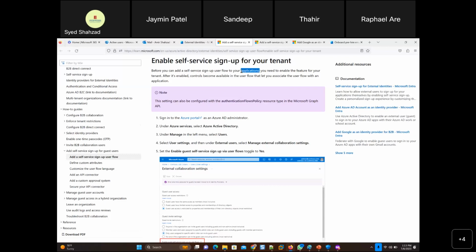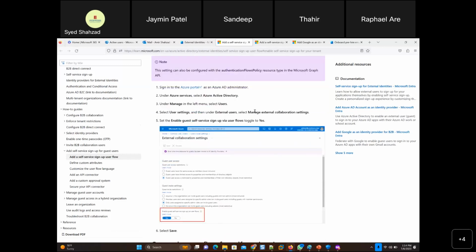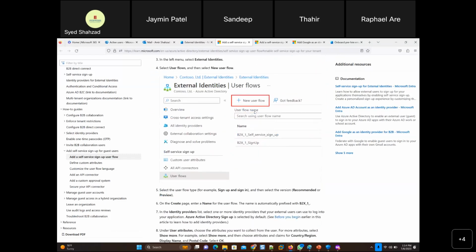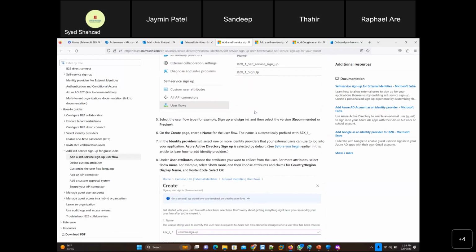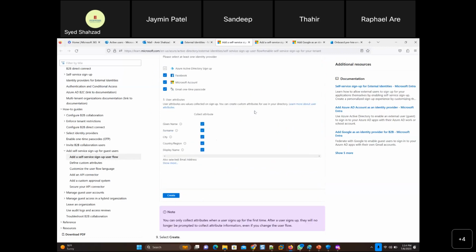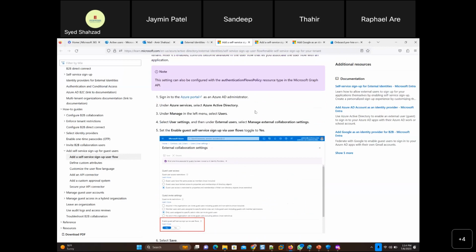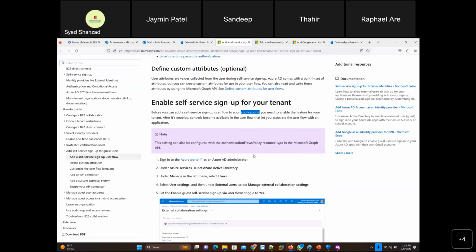Suppose you have created some application, developers have created it and added it to Azure, and you want any guest to be creating an account to test the application or to get actual services. So obviously you would then only open that. Otherwise, it's not a very good idea to let outsiders just keep on creating accounts on your site. Hackers would be, I think, one of the first uninvited guests that you will be getting. But obviously, you would be putting all the precautions there, and otherwise it's not a very good idea to enable that.